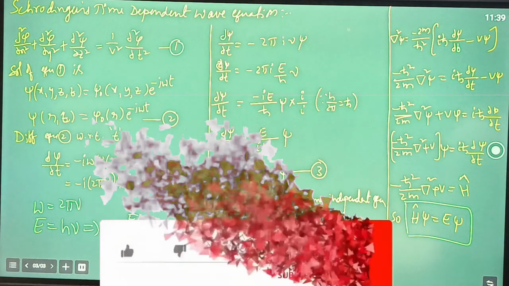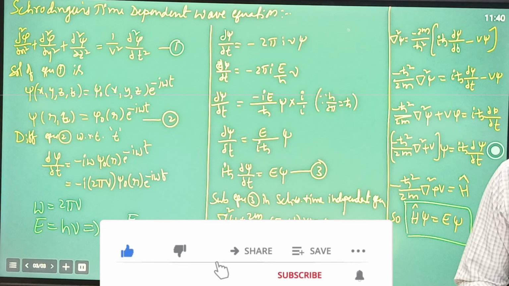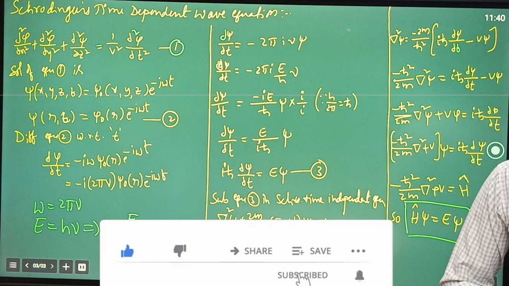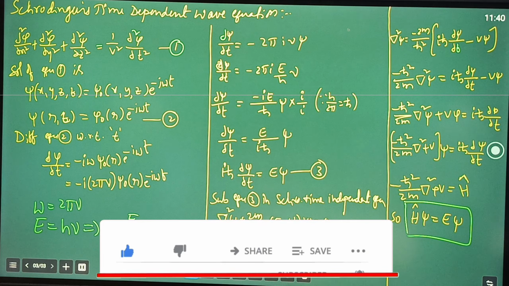Good morning students. JNTUK Kakinada R23 regulation engineering physics lo 4th unit quantum mechanics lo 3rd topic ni nenu meeku introduce chestunanu. That is Schrodinger's